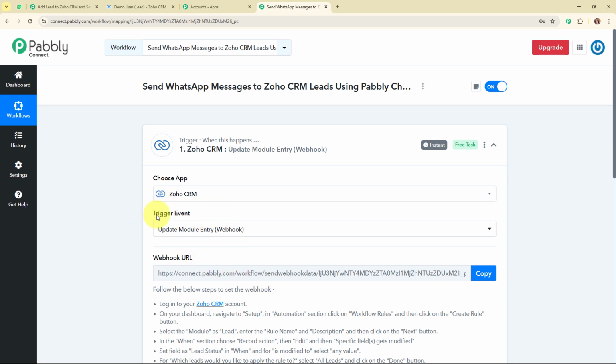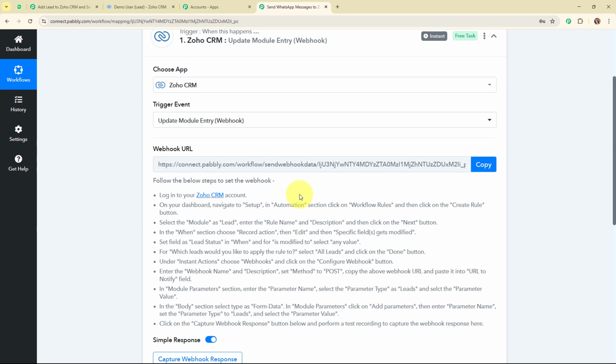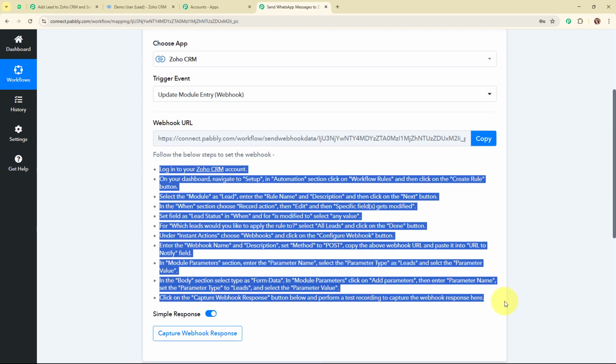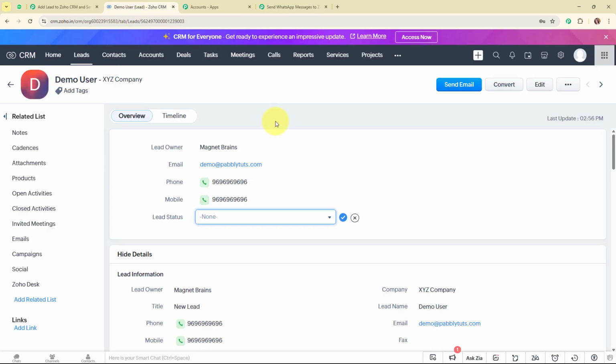Alright, so now here you can see as soon as I've selected the trigger event, automatically we have received a webhook URL over here. That means here we are going to use this webhook URL to connect our Zoho CRM account with Pabbly Connect. Alright, so here following the instructions given below, firstly I'm going to copy this webhook URL, and now here I've already logged in my Zoho CRM account. So this is my Zoho CRM account,